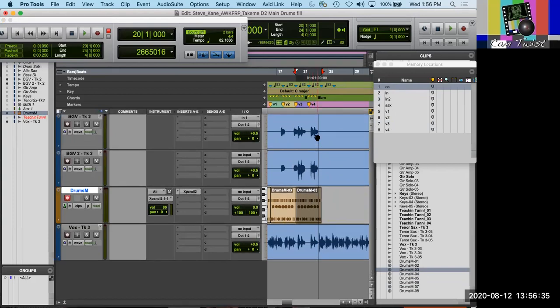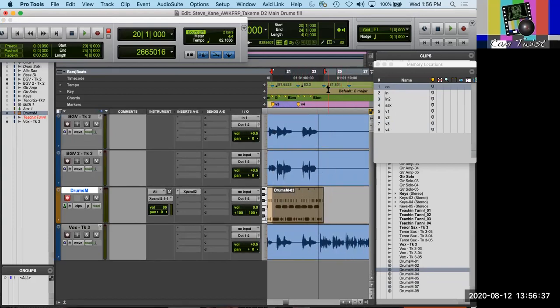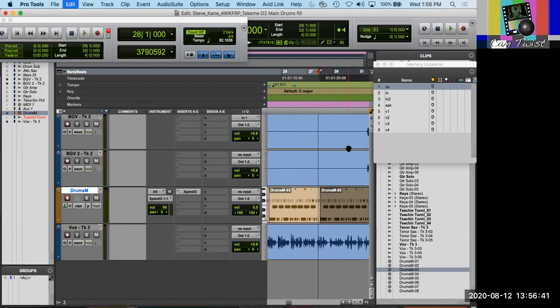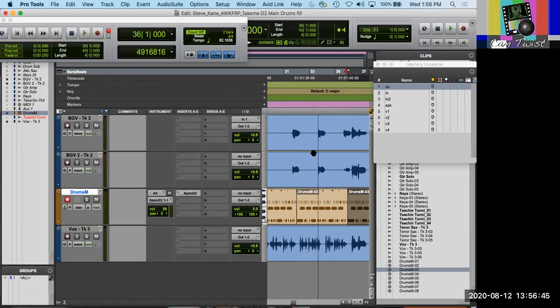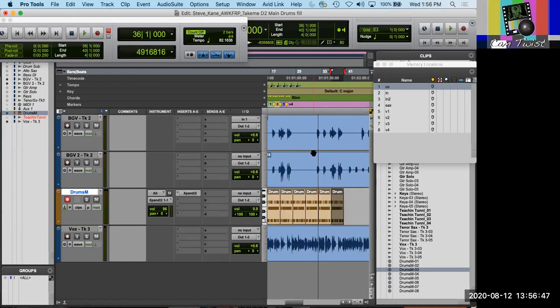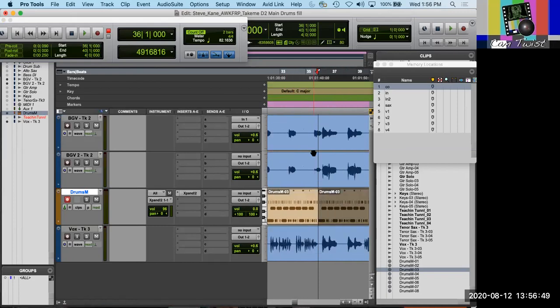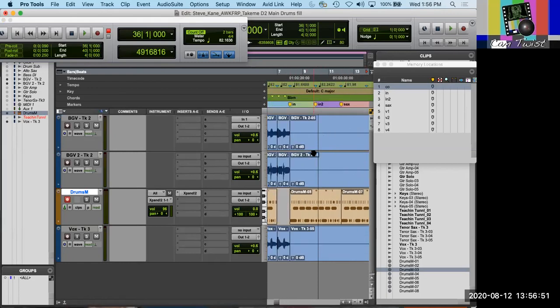And then I'm not going to worry about going too much further because once I stop the tempo map, it's going to get awful. And I'm going to go ahead and do that for you to show you that it's going to sound horrible through here because I did not do a tempo map. Actually, unless they worked with the drum machine, then it might be all right. All right, so now I've got something like